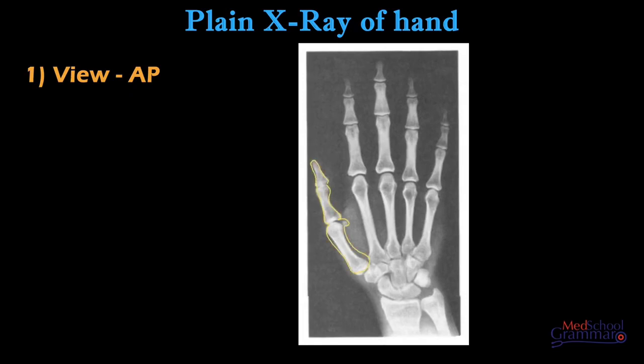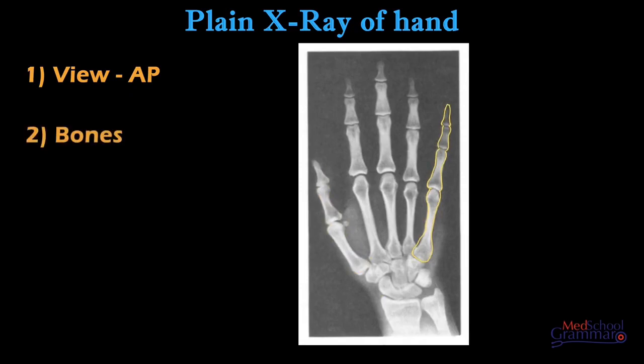This is clearly the thumb. So this makes it the lateral aspect. This is the little finger, making it the medial aspect. Now, this is really important when it comes to labeling the bones. We all know that the radius is placed laterally and the ulna is medial. Thus, this bone on the medial aspect is the ulna with its styloid process. This bone laterally is the radius with its styloid process.